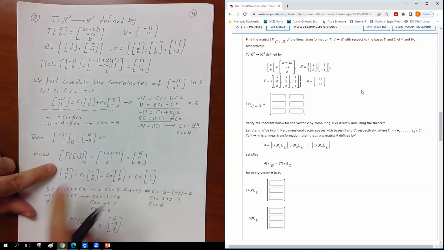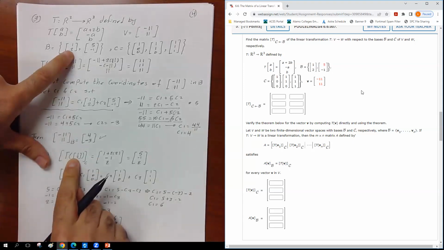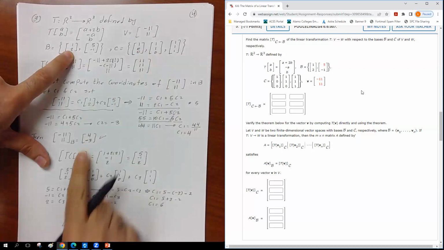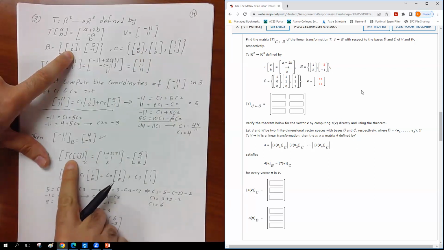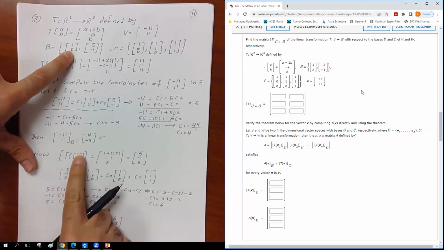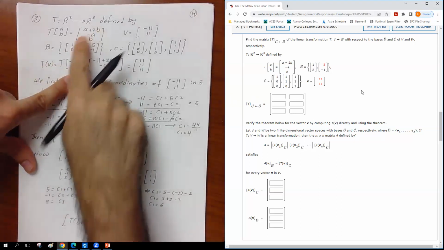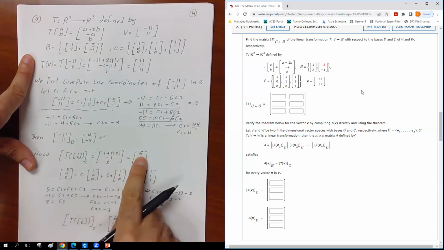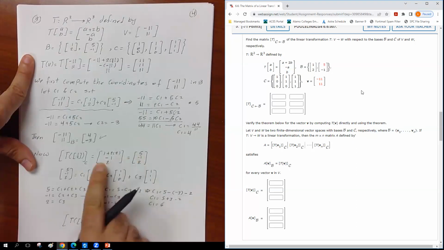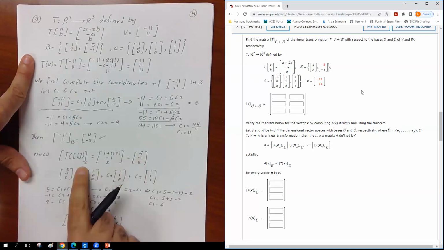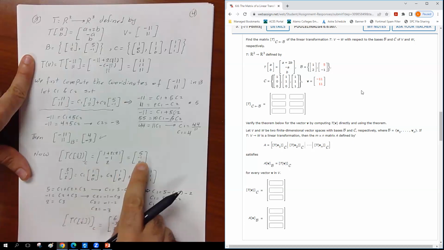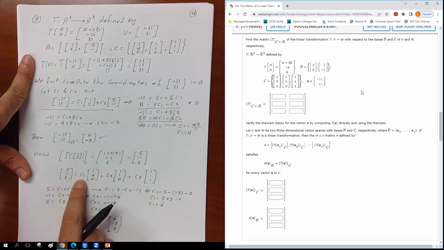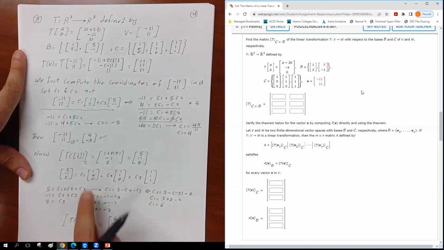Now, let's find the transformation of the vector with respect to the base C. The first vector with respect to the base C. So first of all, I need to find the transformation. So I'm going to plug in (1, 2) in our transformation here. So it's going to be 1 plus 2 times 2, so it's going to be 5. And the second component is going to be -1. And the third is going to be 2. So now I'm going to write down, because I need to find the coordinate vector,